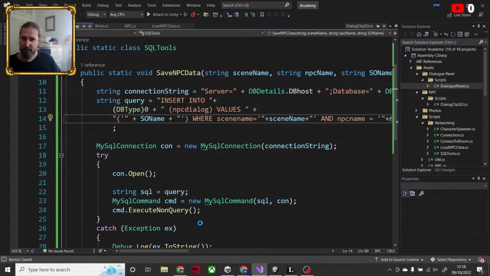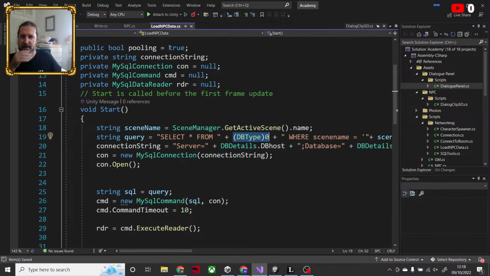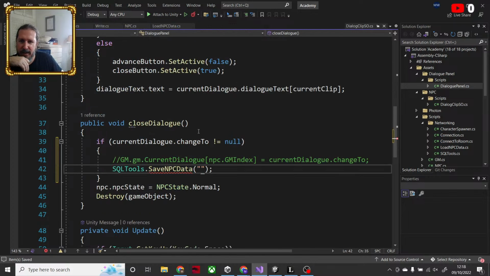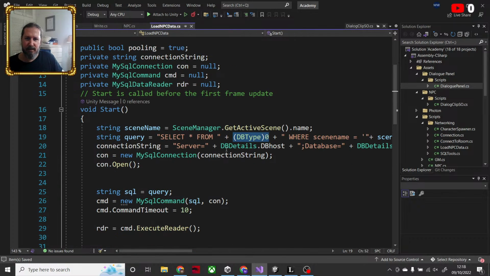Okay. That means that I can, this is save the NPC data, load NPC data, NPC, dialog panel. So I'm going to be passing in this. Let's just copy that.